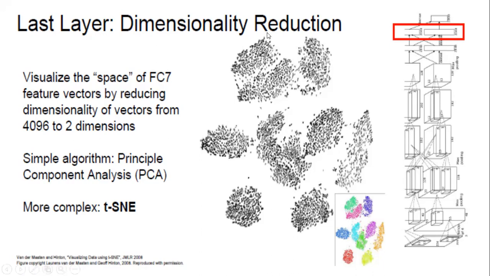Once you get the two-dimensional representation of each sample, you can see something like this. All class 1 samples come closer, class 2 samples come closer, class 3 and class 4 as well, and so on. So you can see that the samples are easily separated if the classification is very good. If the feature vectors are not good for separating the samples, there will be overlap between samples of different classes in this two-dimensional representation as well.